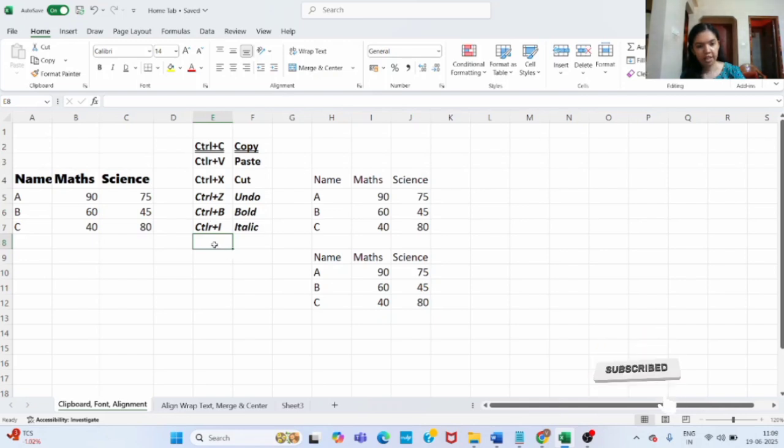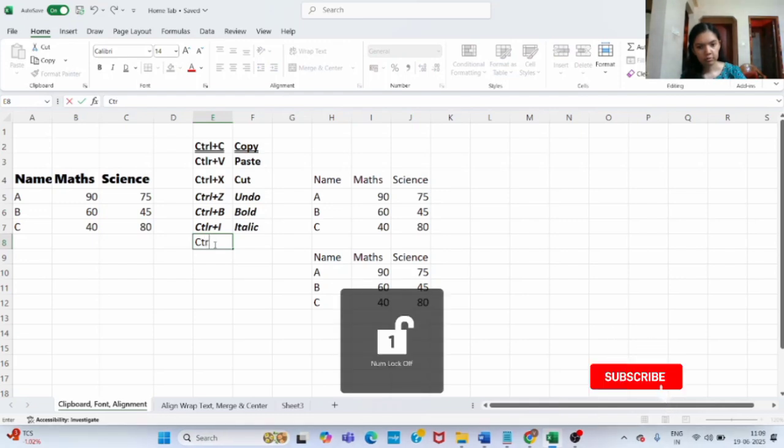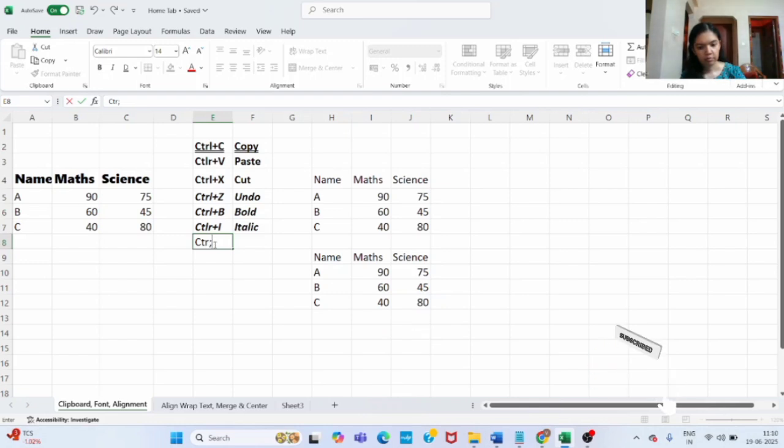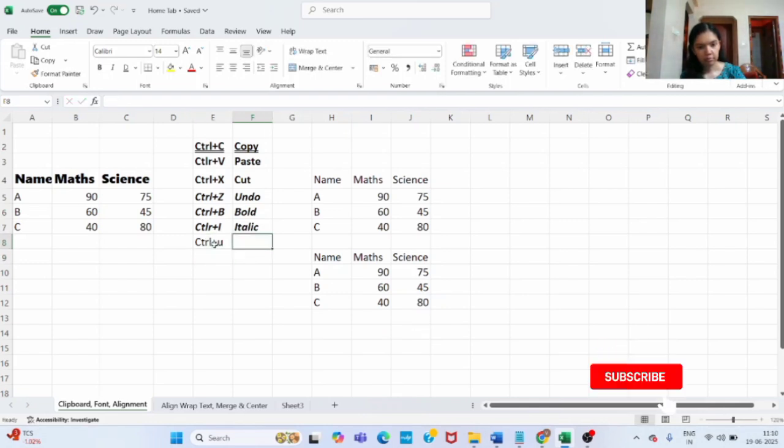So the keyboard shortcut for underline is Control U. So just select the data and press Control U. So the data will get underlined.